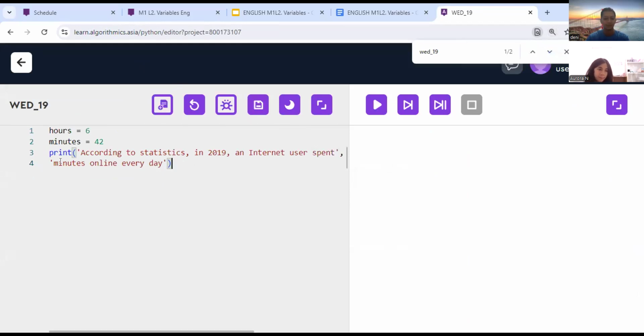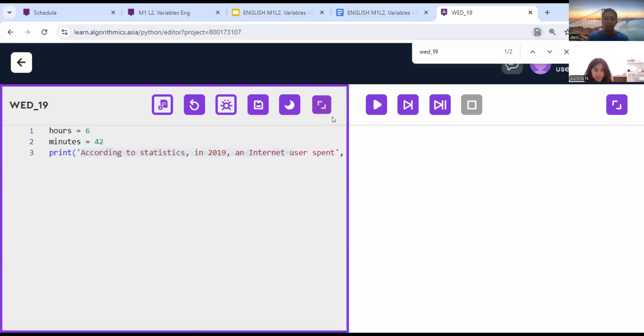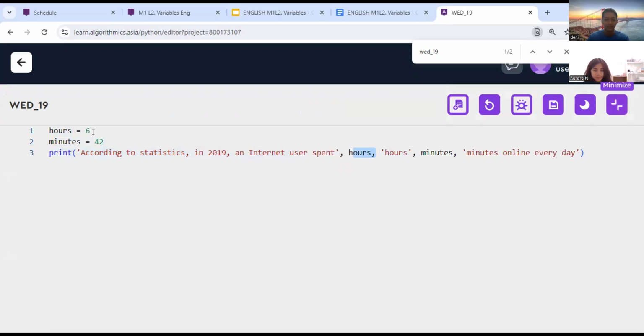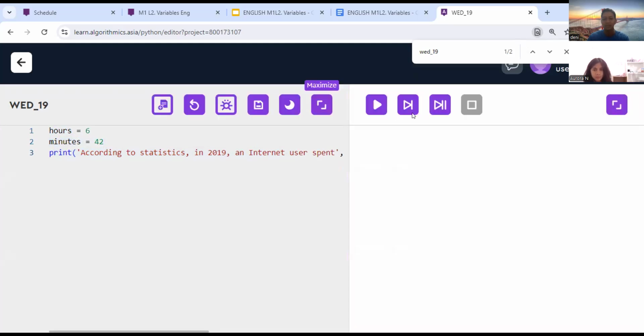Yes. The first line, I have a variable named hours equal to 6, and a variable called minutes equal to 42. Then I print it: according to the statistics, internet users spend 6 hours 42 minutes online every day. If I run it, it's like this. Understand? Yes.